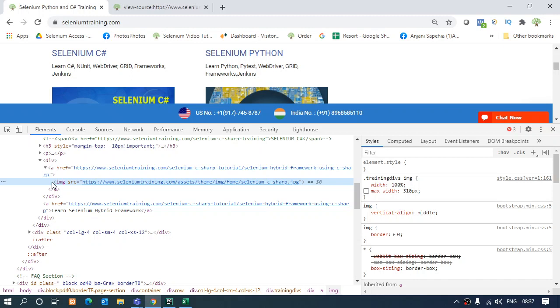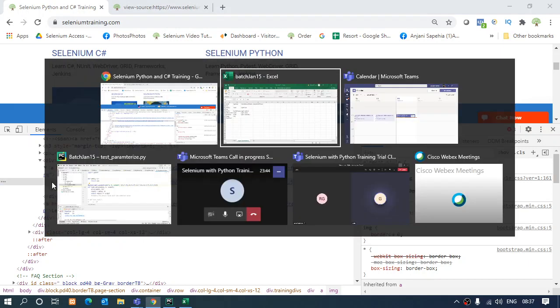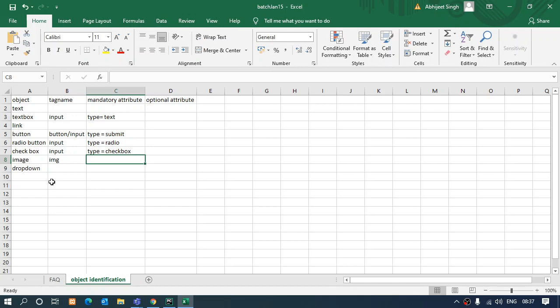What this source is going to have is the address of the location from where the image is being loaded. That link is going to come up over here as right now it's being displayed the same way. Right. So the mandatory attribute is src.